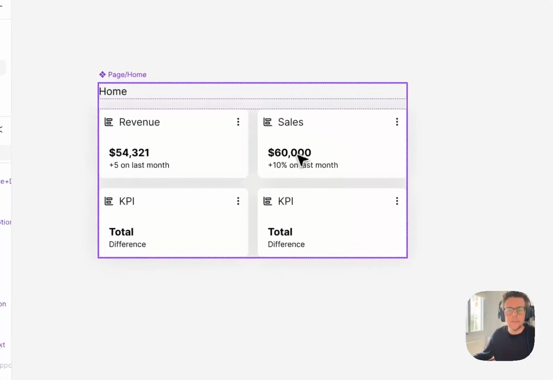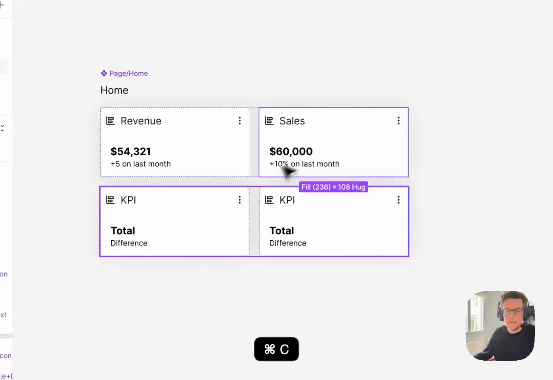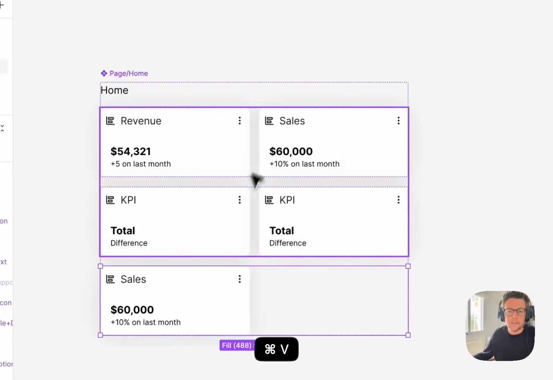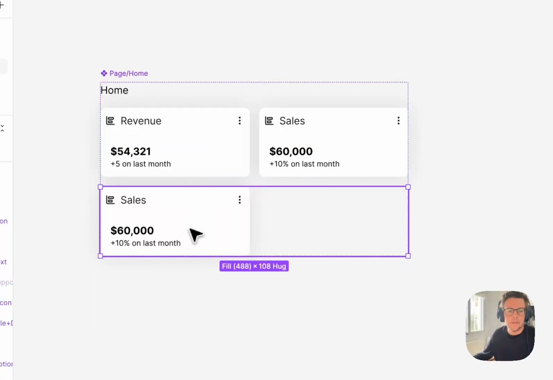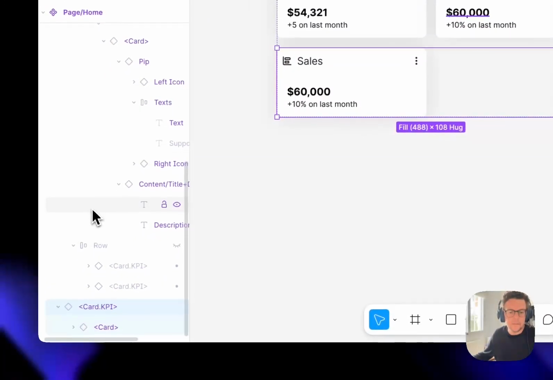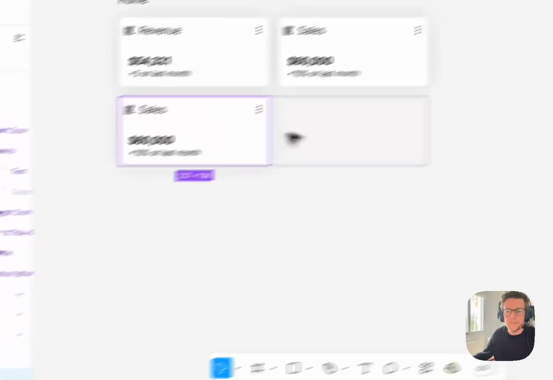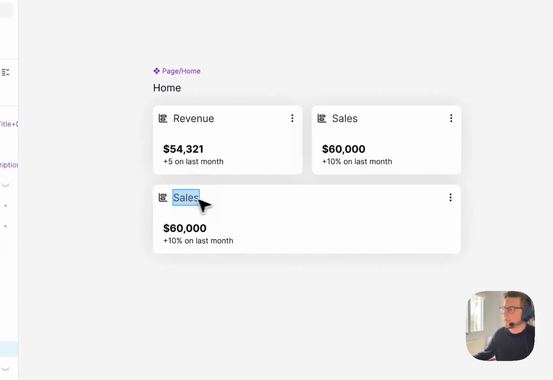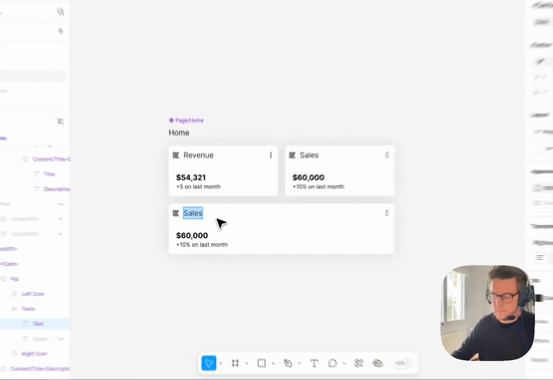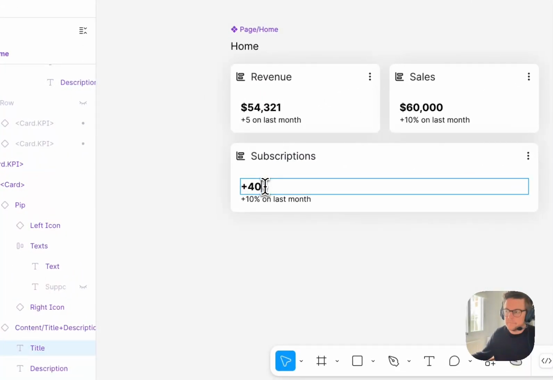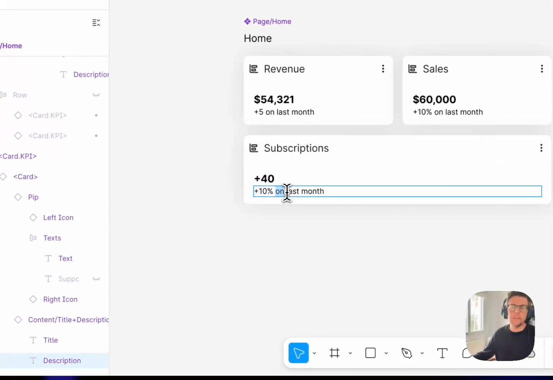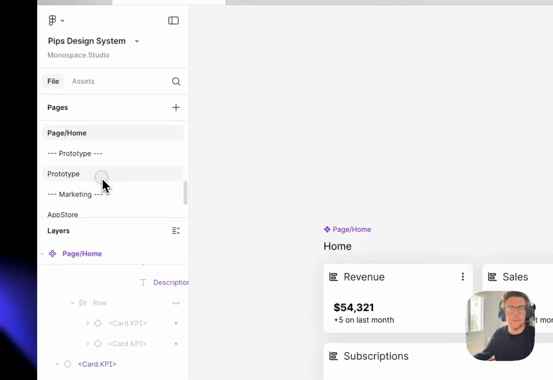Now, what I can do here is add a new row. Let's just change the layout a little bit. This one has 2 cards. Let's see what we have here. Let's make this one fill the row so we can have a slightly different layout. And this one, we can call this one subscriptions. Yeah, plus 40, whatever, plus 10%. Okay, now if we go to our prototype, we have more of a